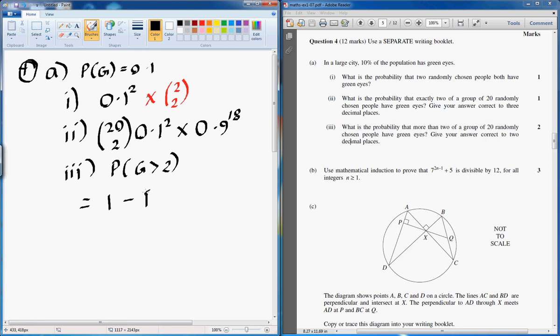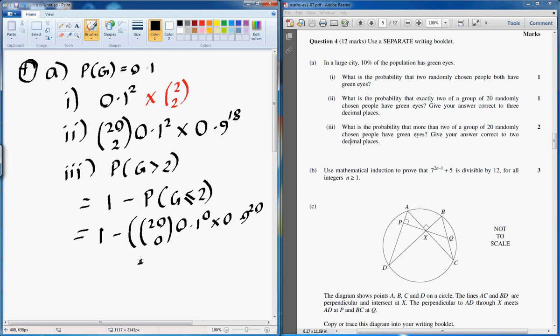So this is equal to 1 minus the probability of G less than or equal to 2. Okay, so doing it directly is going to be a very painful way. It's much easier to just convert it to this form. So you go 1 minus, in brackets, don't forget the brackets, 20 choose 0, which is equal to 1, times 0.1 to the power of 0, again, which is this 1, and 0.9 to the power of 20,